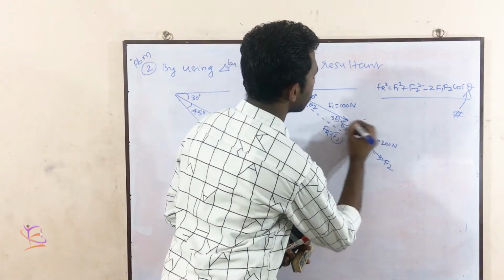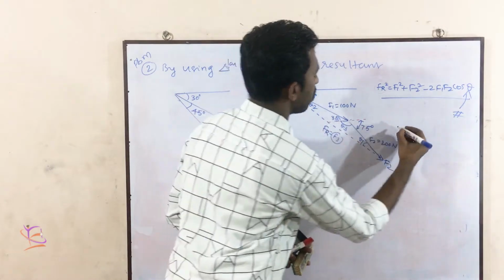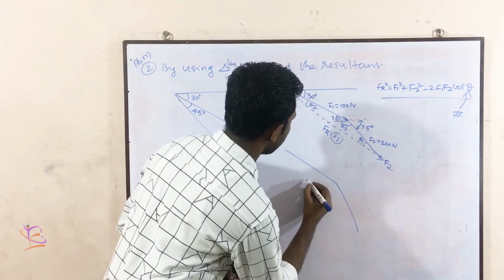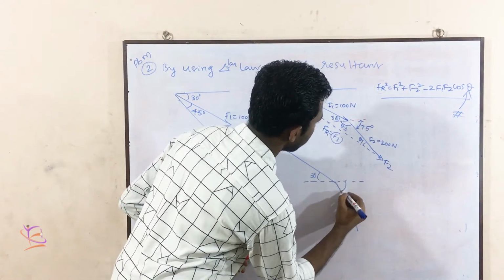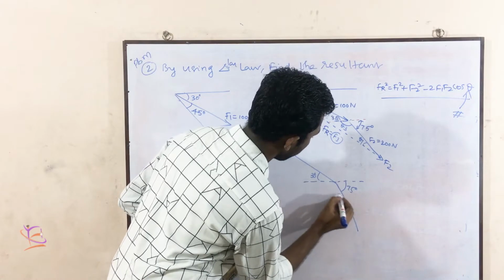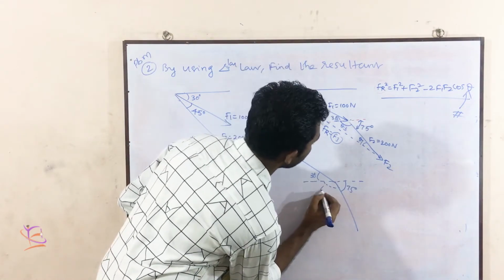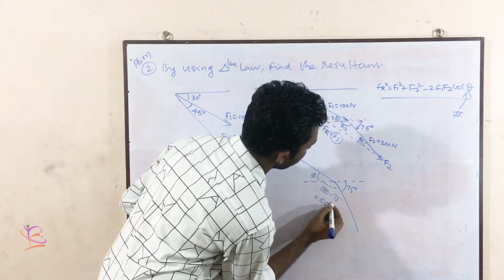So here we know that the total angle of the line is 180 degrees. So I can enlarge this. This is the problem here. I have already taken this as 30 and here it is 75 degrees. So we need the total angle. What is this angle? Totally 180, so 180 minus 75 will be 105.